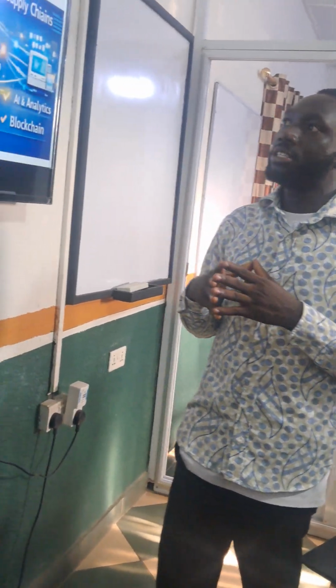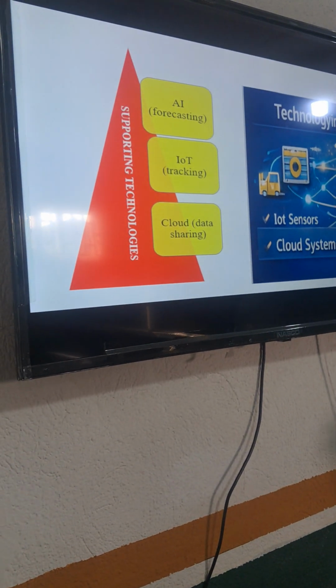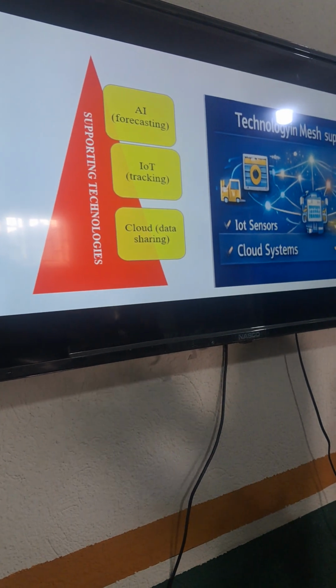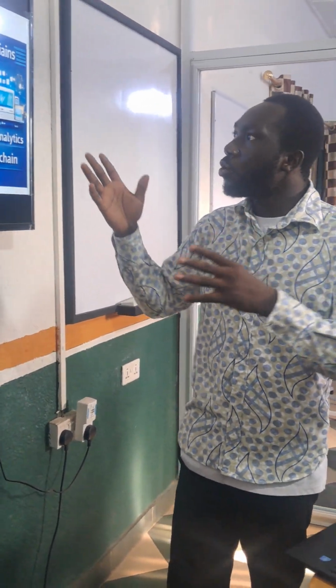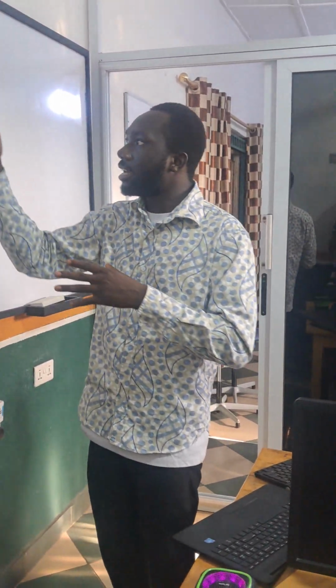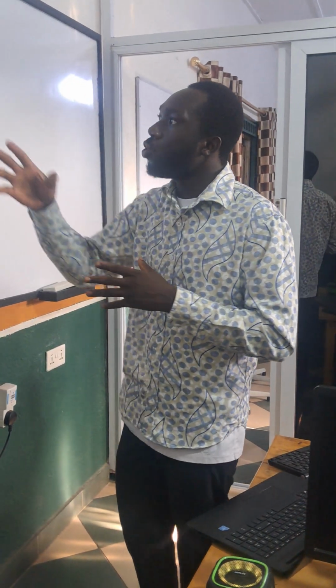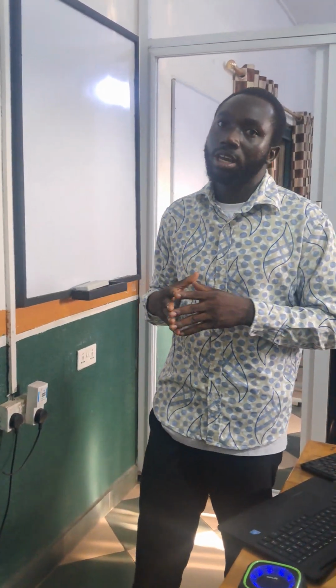So it will be able to rectify and predict faults in the web or their operations. And we have Internet of Things. The Internet of Things are peripherals or devices that are used to track products when they are being shipped through many complicated paths, as already seen. So with this path, if you don't use Internet of Things to track your product being delivered to customers, it will be very difficult for the operations of an organization which is adopting the mesh supply chain.